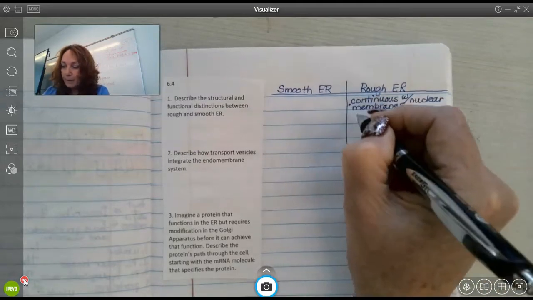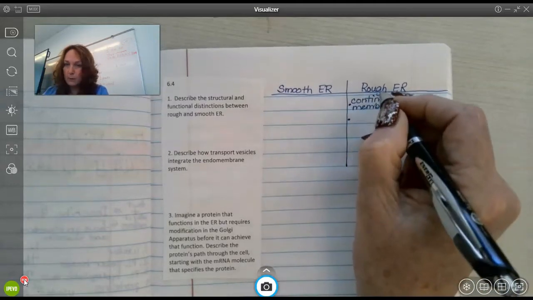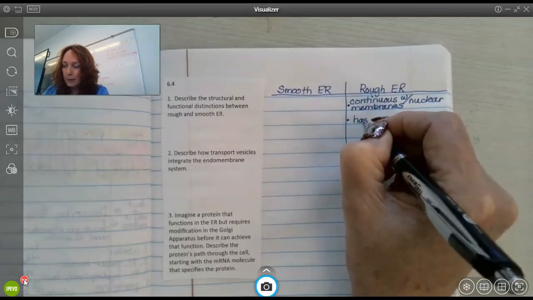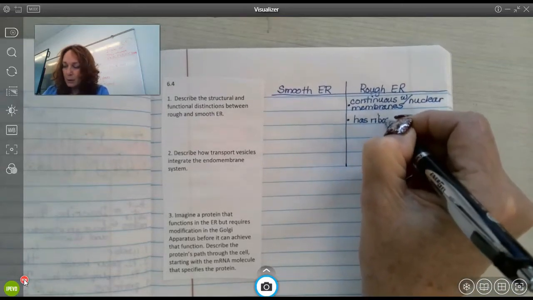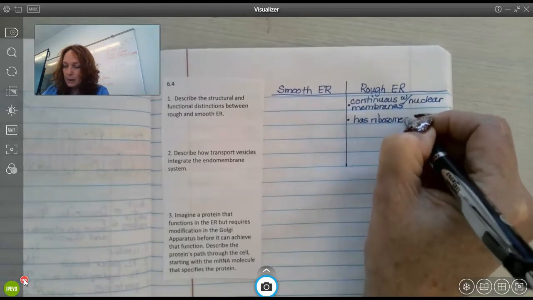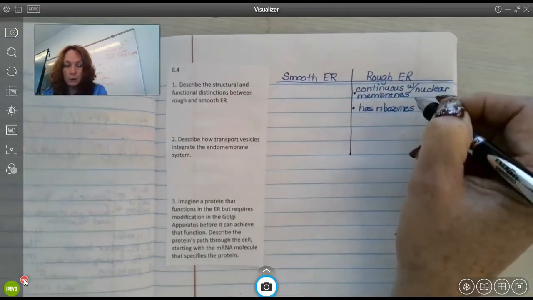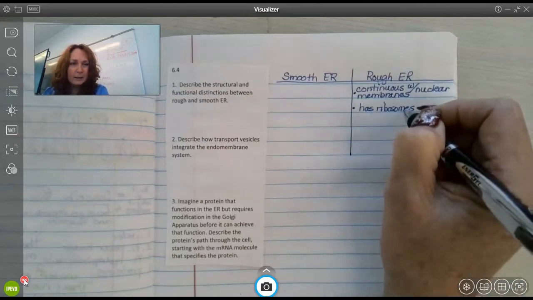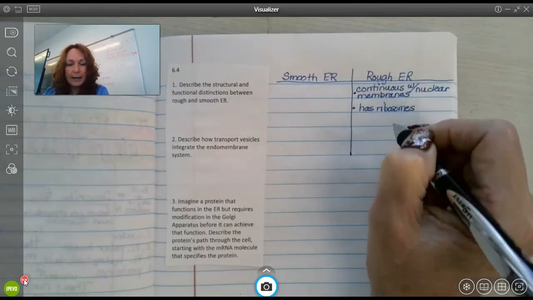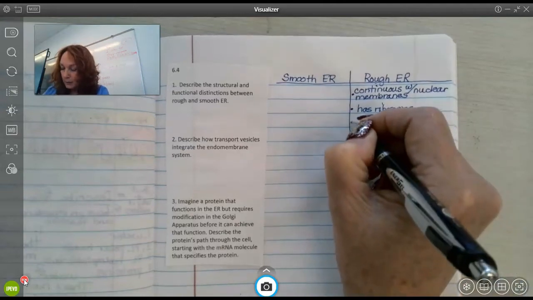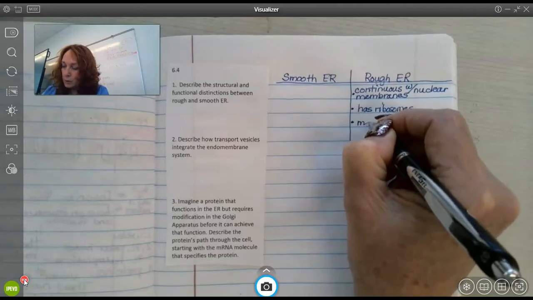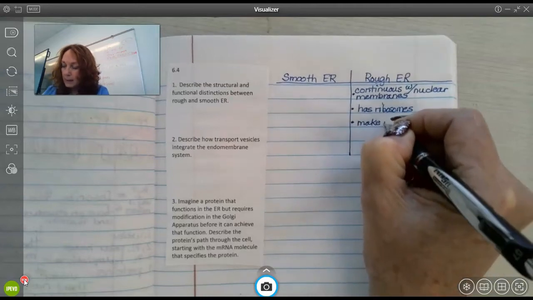The number one thing that is the reason why it's called rough is it has ribosomes associated with it. So they're right there. That's very handy because it's going to also have, let's put these together. So this is going to be that it's going to make membranes